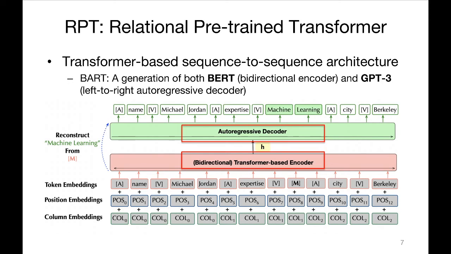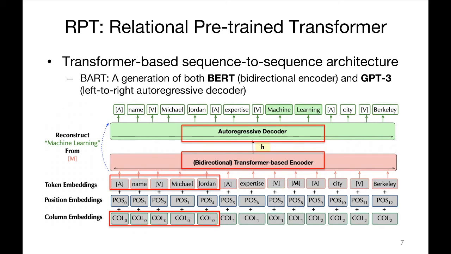Because most relational data prep tasks are based on tuples, we design a tuple-by-tuple training mode. We represent each tuple as a concatenation of its attribute names and values, and add special tokens A before an attribute name and V before an attribute value. And we add a special column embedding to represent different columns, so we can get a sequence of tuple with a richer tuple-aware semantics. We design a pre-training task to guess a missing attribute name or value.